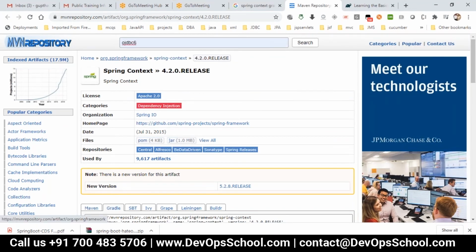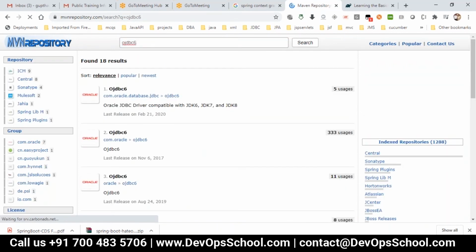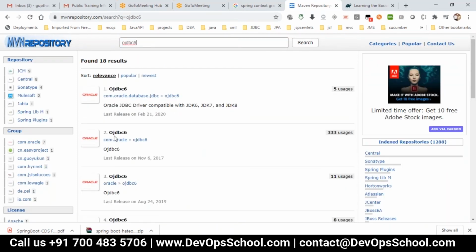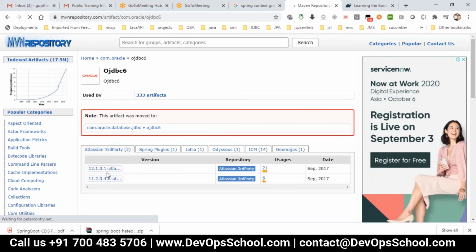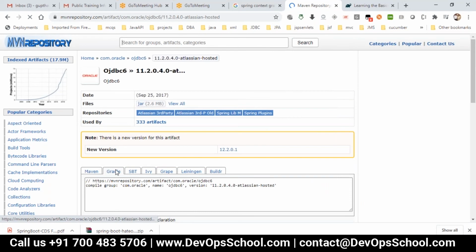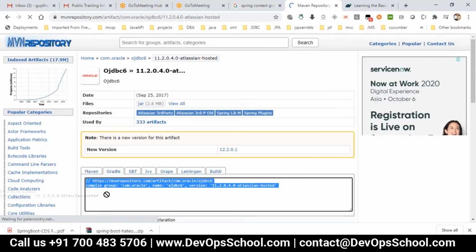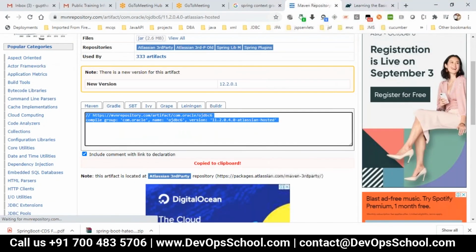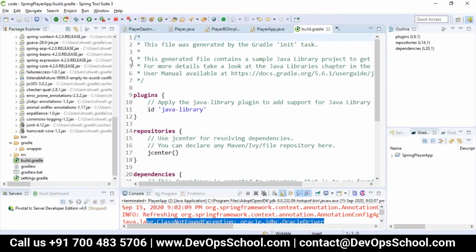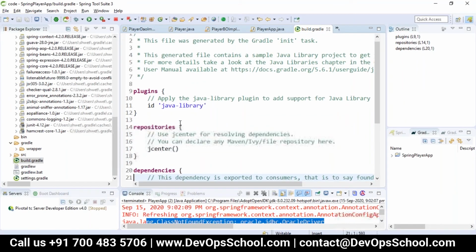OJDBC 6. Here, this dependency we have to add.